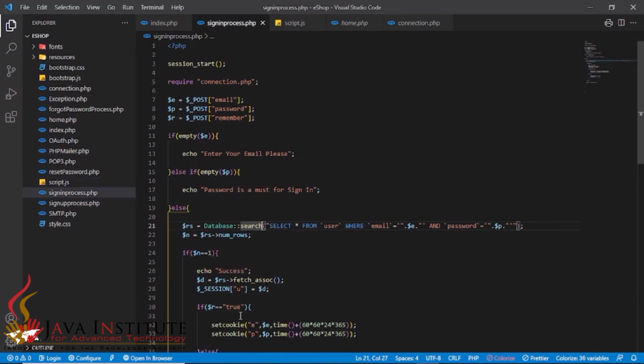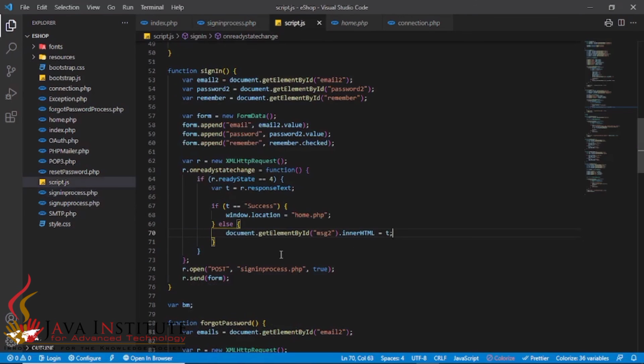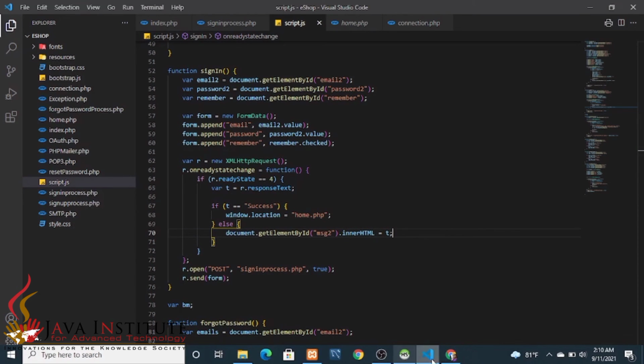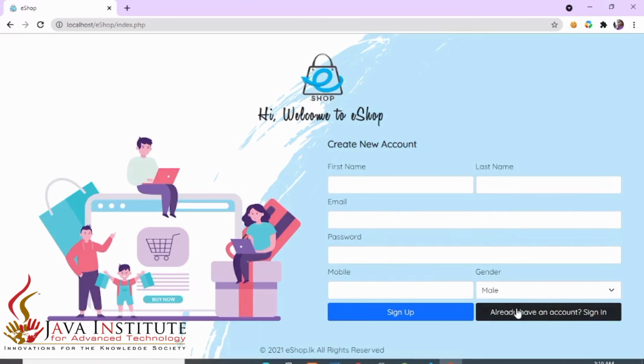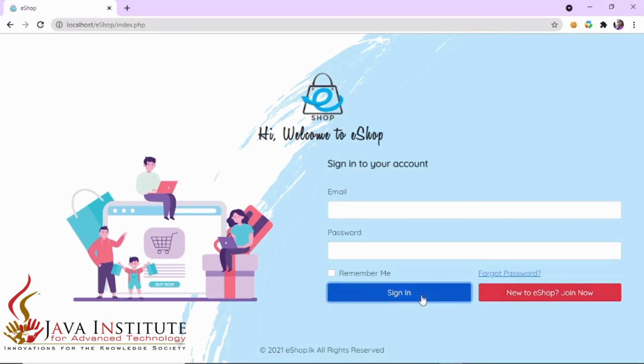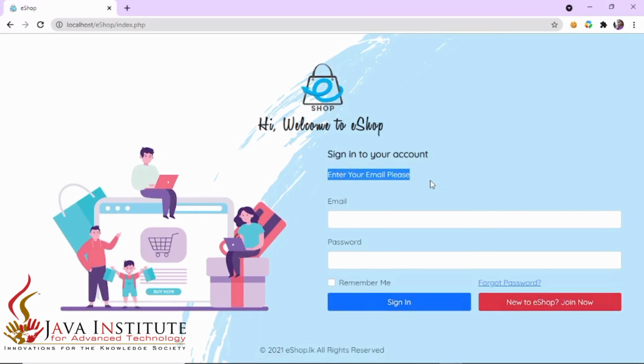You can see many echoes available here. So those echoes should go as HTML into that paragraph tag, and that is the way I show the error messages. In this sign-in page, you can see the error messages are coming to this place.